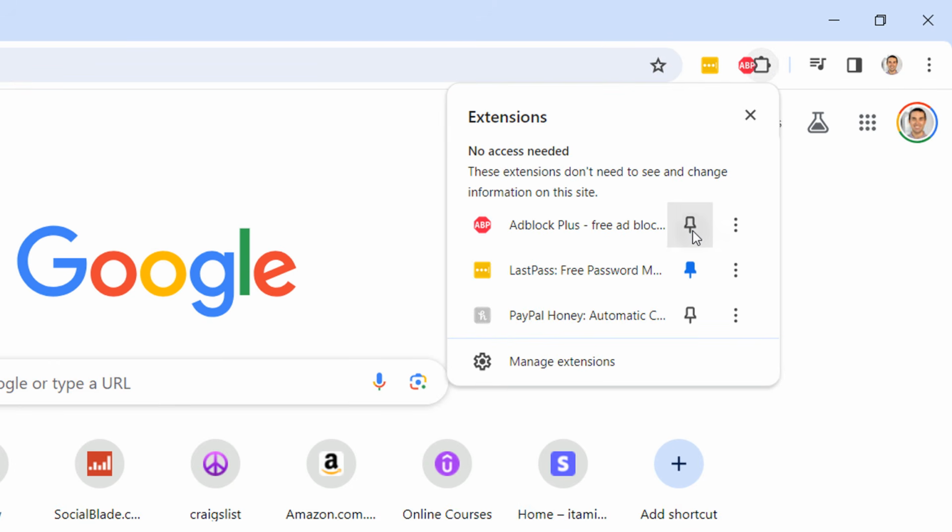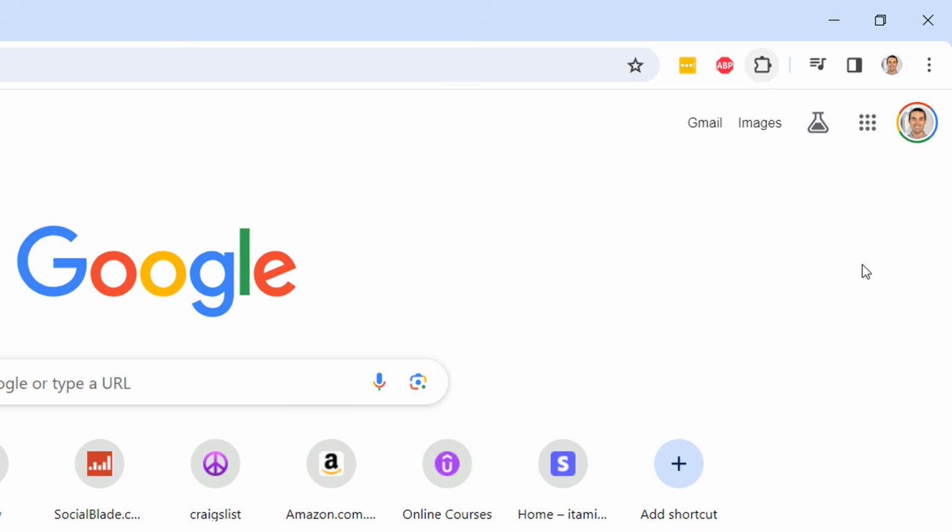and then click on the pin icon next to the AdBlocker extension, and this will add AdBlocker to your Google Chrome extension bar. If none of these options work for you, you can also click on the three dots located